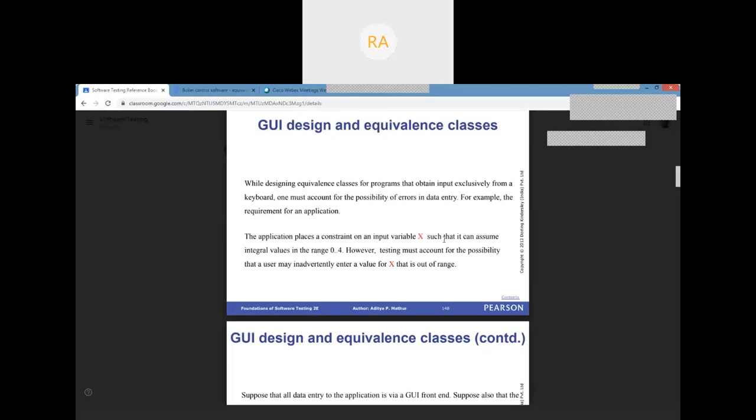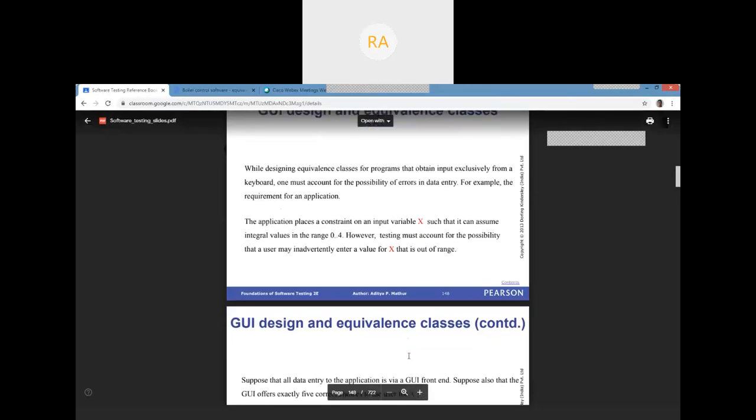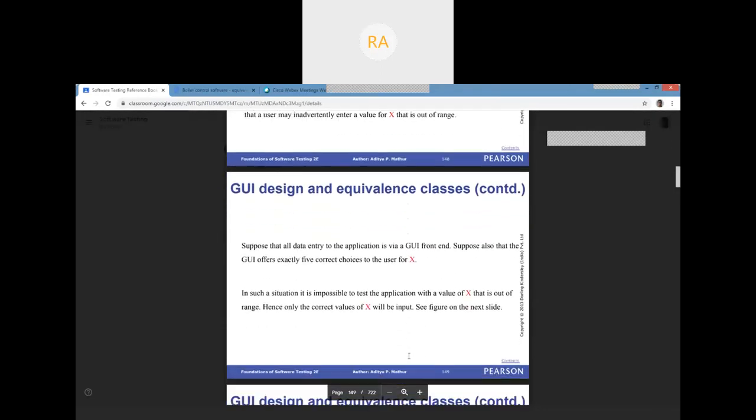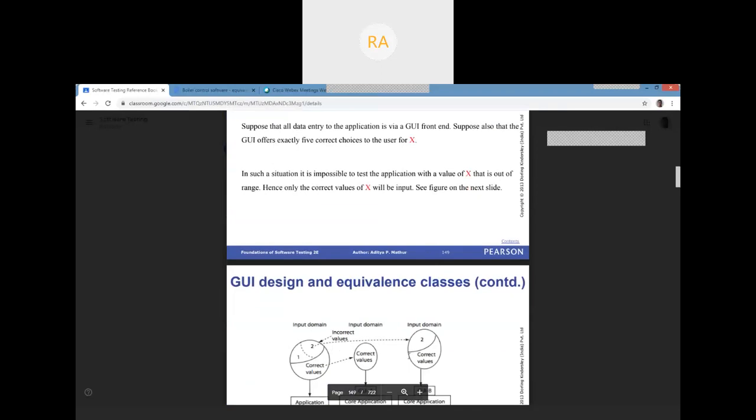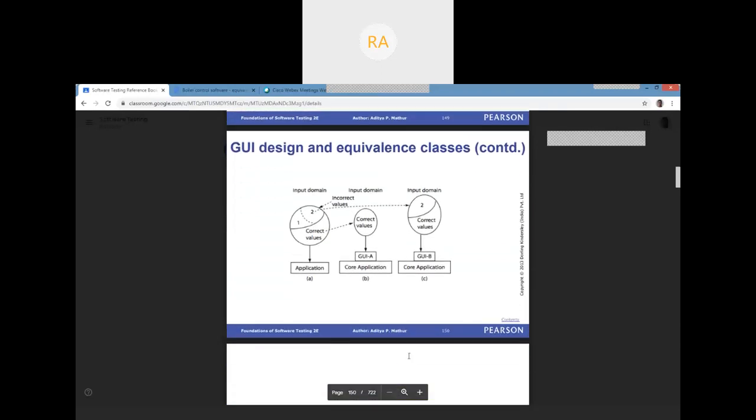Software testing is all about finding errors, the discovery of errors in the program against invalid data. Why are they talking about GUI design here? They have explained it with one diagram. You can observe these three ways of designing a GUI, and how the developer has taken care to test the software via GUI design.